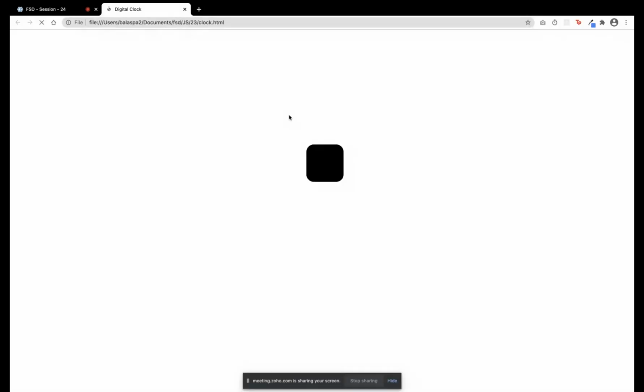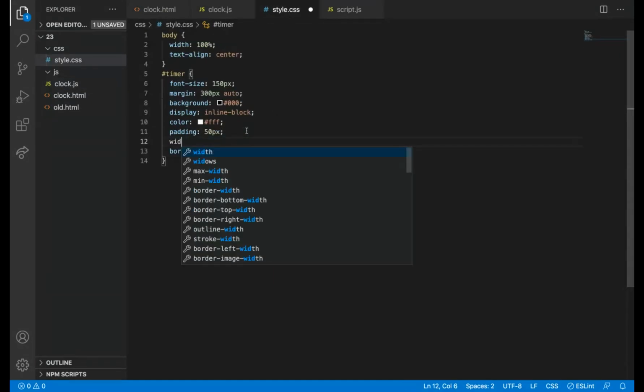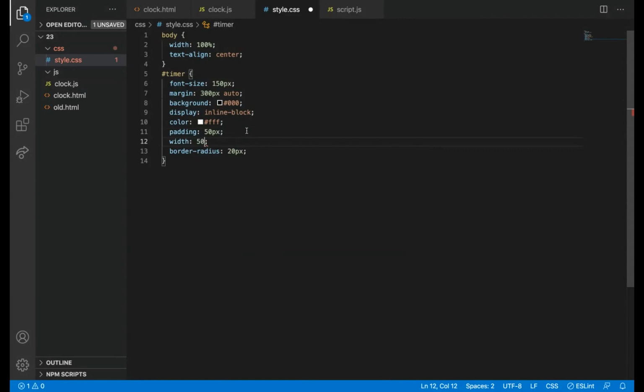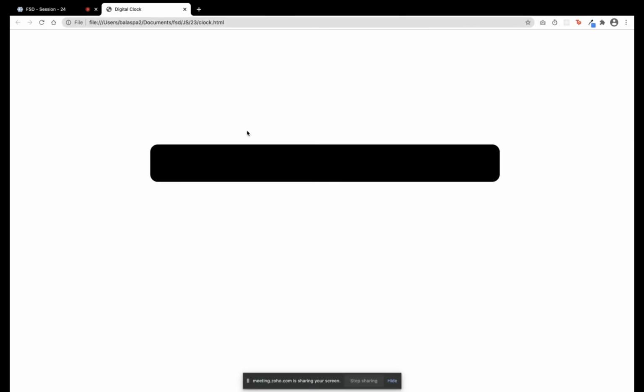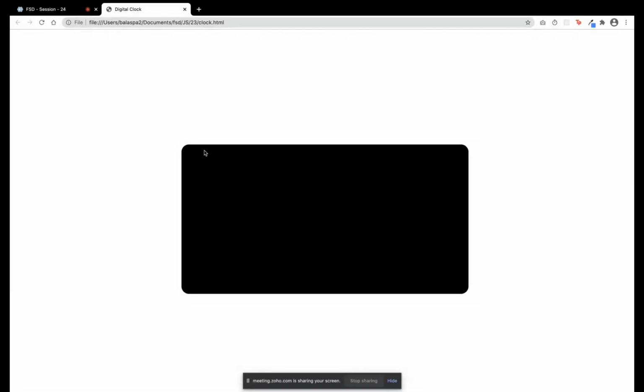So now nothing will come because, wait, we can give some default width to it. These are all not necessary, just for UI I'm giving. I'm just giving one height.